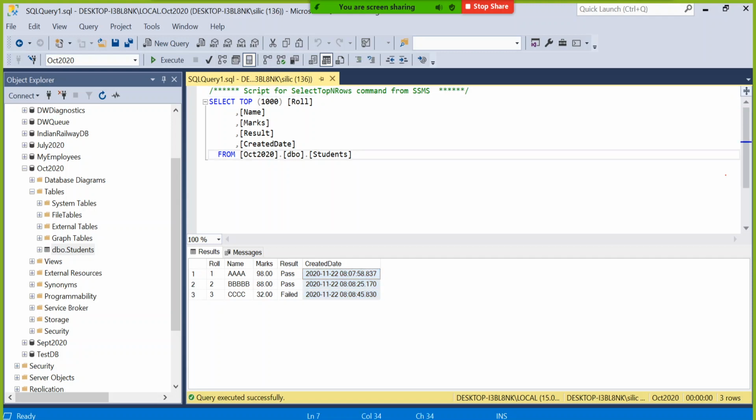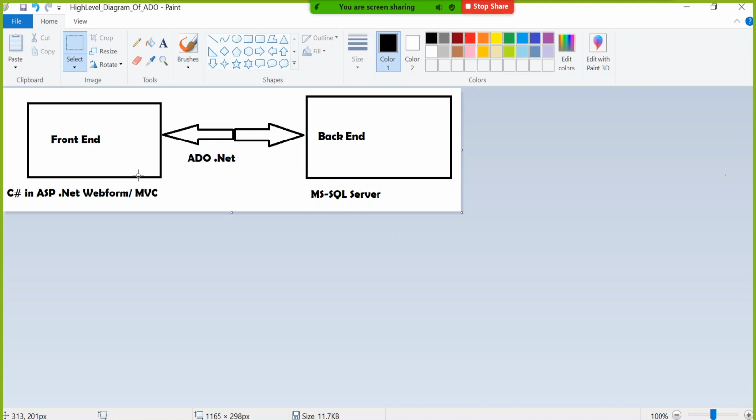So we have more things to do in SQL Server, but initially what we want is this much, then we'll go to the C# side. That means in the backend side we created a database, we created a table, we entered some example data into it, and now I'm coming back to the C# side. So let's open one.